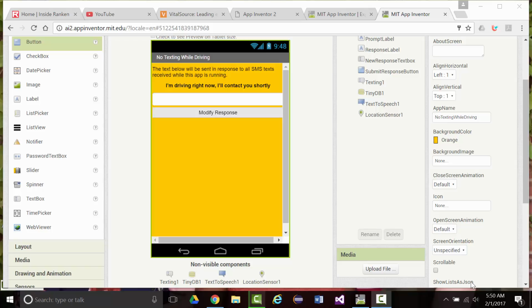I've been going over the online PDF textbook, App Inventor 2: Create Your Own Android Apps by Wolber, Abelson, Spertus, and Looney. We're in the middle now of Chapter 4, which is our No Texting While Driving app. We built the interface, as you can see right here,